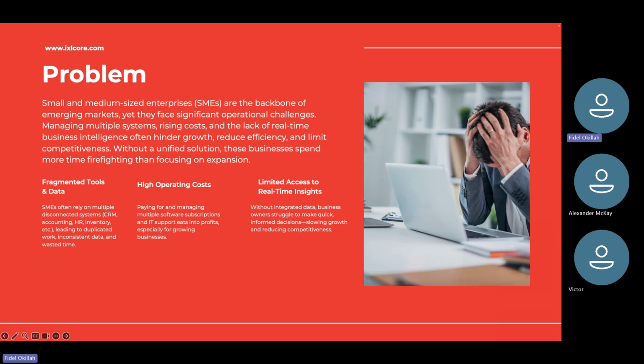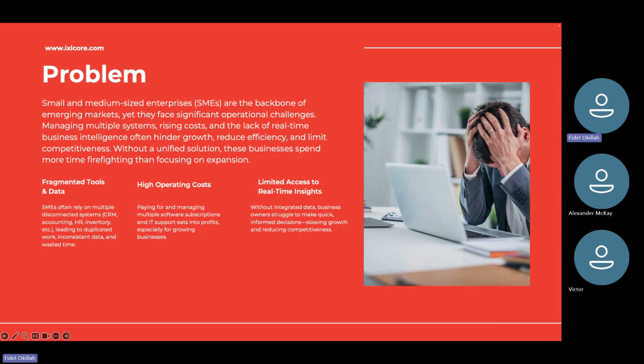This, of course, leads to rising costs and a lack of real-time business intelligence, often hindering their growth and limiting competitiveness. And without one unified solution, they end up focusing on so many things and are not able to focus on the core business. So it leads to limited access to real-time insights, and they also end up incurring